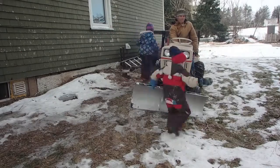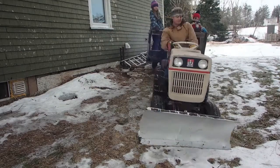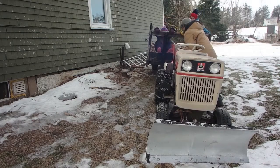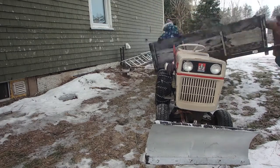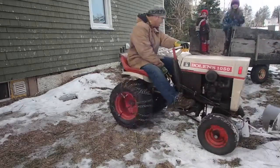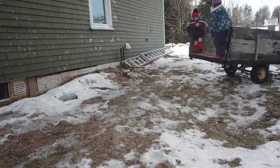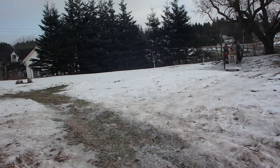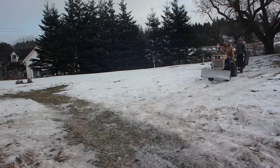And we're done here, so I'm just backing up the trailer, and of course the kids come back from tobogganing. They heard the tractor start up, and they want to hop in the trailer to go for a ride back. So first I had to spin the trailer around because it's very icy, and the Bolens was slowly sliding down the hill, spinning. So I individually turned each one of them around, and then we're off to get